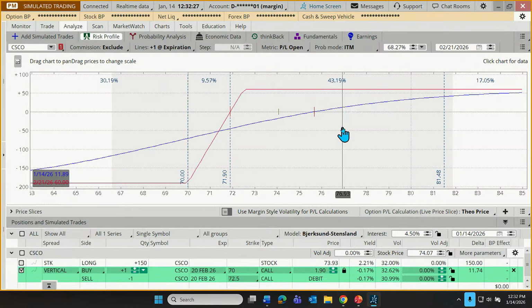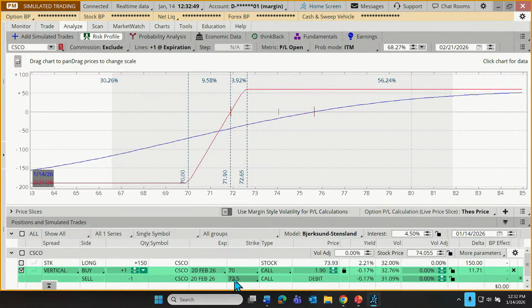Now, there's a final way that the trader might want to look at this trade, and that is, I wonder what the likelihood is of maximum gain. Let's grab this one, and I'm going to move this over here and position it right at 76.5. I'm going to try to be as close as I can, but intentionally, I'm going to leave that off by a few pennies. All right? 72.5, that's where the trader would theoretically need to be for maximum gain on this vertical spread.